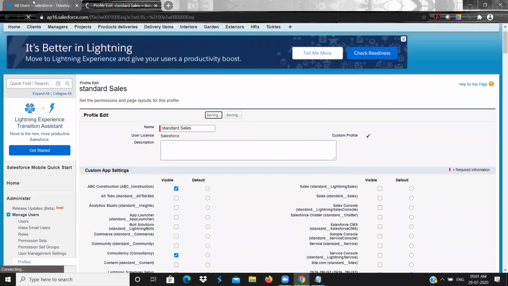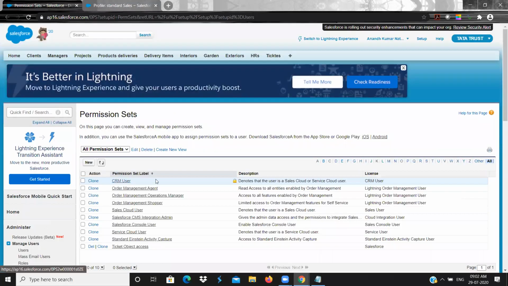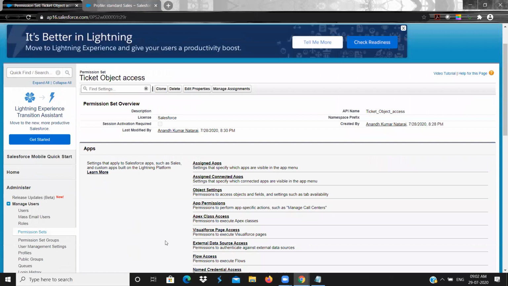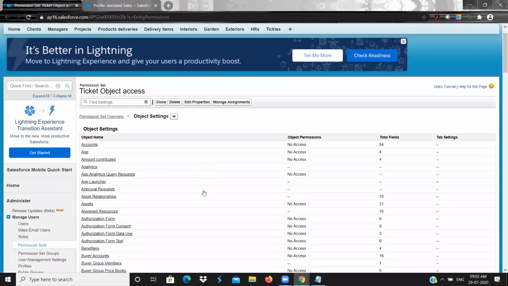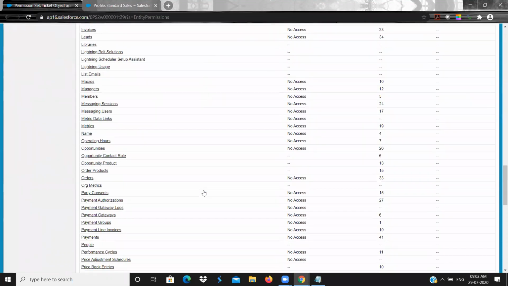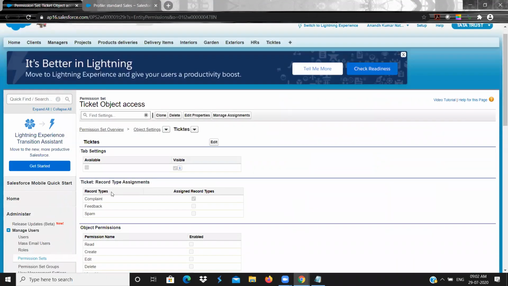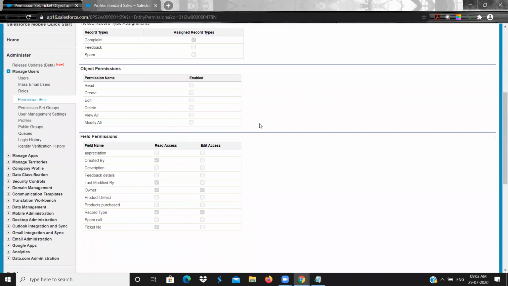Save it. In this particular permission set, in the object settings, I gave tab access and I gave access to the complaint record type. Apart from that, we did not do anything.